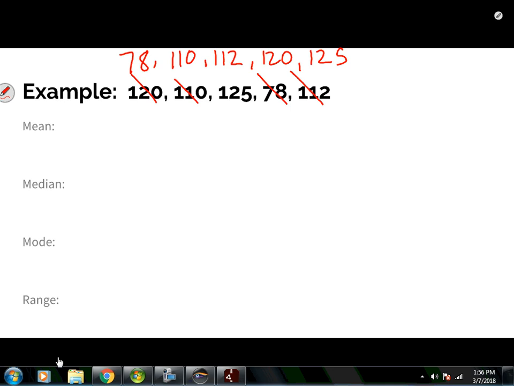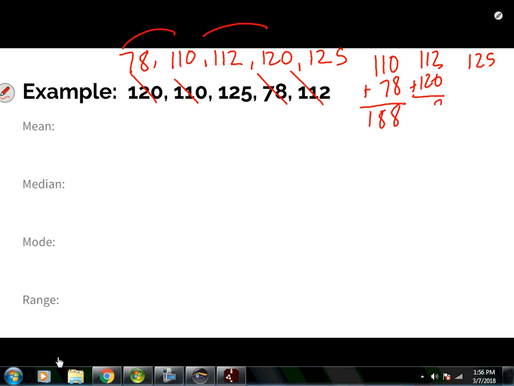Okay, so to find my mean, again, I'm going to group my numbers just like this. So I've got 110 plus 78, 112 plus 120, and I have 125 hanging out over here. So I have 188, 232. So I have 8 plus 2 is 10, plus 5 is 15. 8 plus 2 is 10, 13, 14, 2, 4. So 545